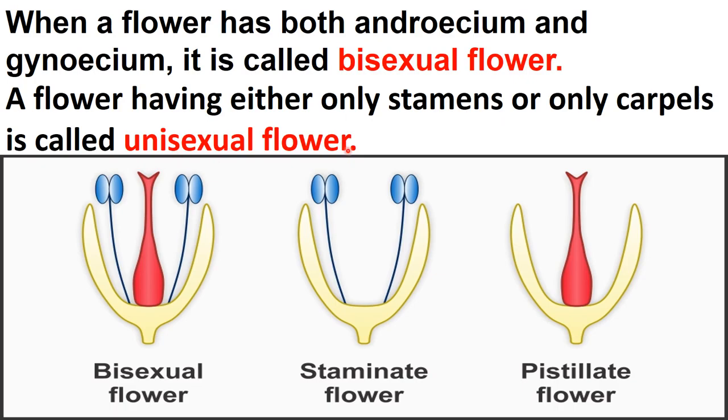unisexual flower. As you can see here in both these flowers, this flower is having only male part, means only stamens are present here in this flower. So such flowers are called staminate flower. Means only stamens are present, so these are staminate flowers. So these are unisexual flowers. In this case you can see only female part, only this gynoecium part is present here. That's why these are called pistillate flower, because gynoecium can also be called pistil. All these parts, stigma, style and ovary, combinedly can be called a pistil, right? So pistillate flowers these are. So both these, staminate and pistillate, are unisexual flowers, and this is bisexual flower.